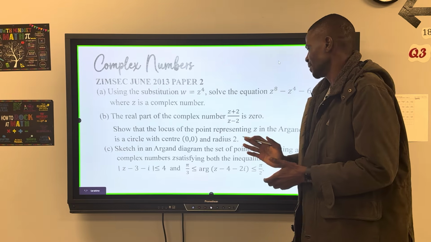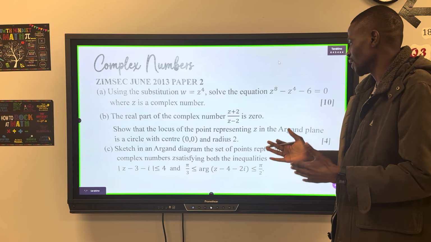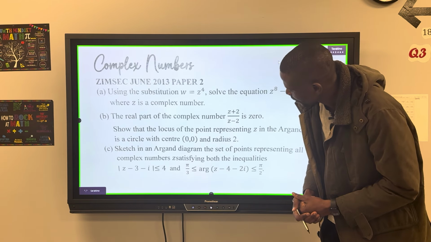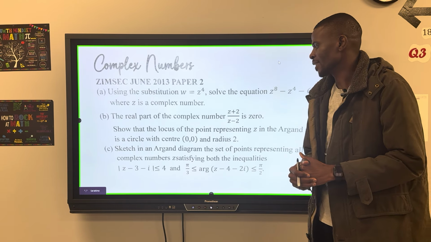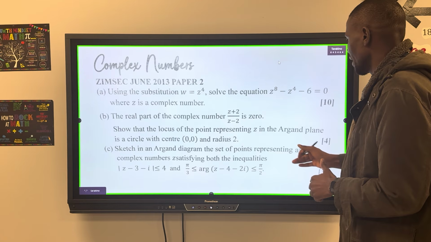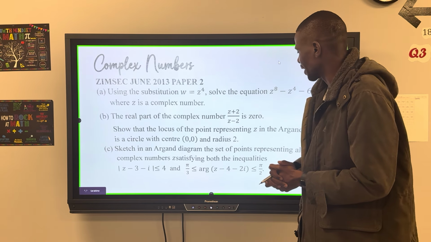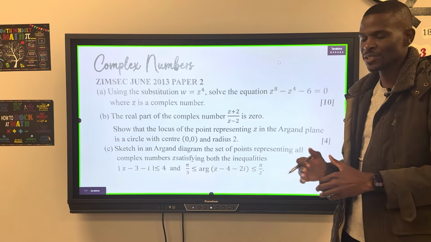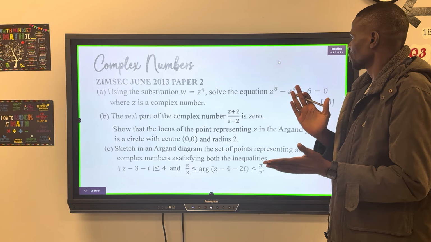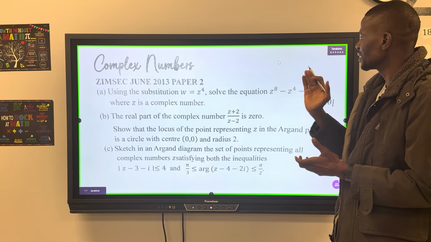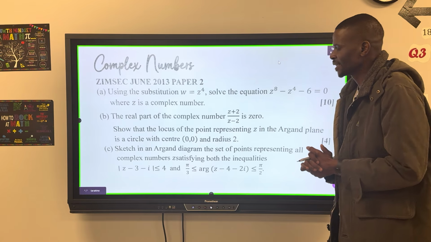complex numbers Z, satisfying both the inequalities, the absolute value of Z minus 3 minus i is less than or equal to 4, and pi over 3 is less than or equal to arg(Z minus 4 minus 2i) less than or equal to pi over 2. Right, so guys, first things first, we need to make that substitution, and you're going to